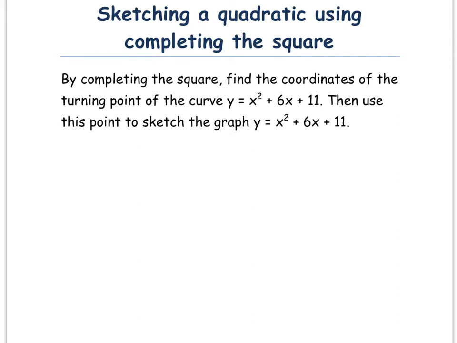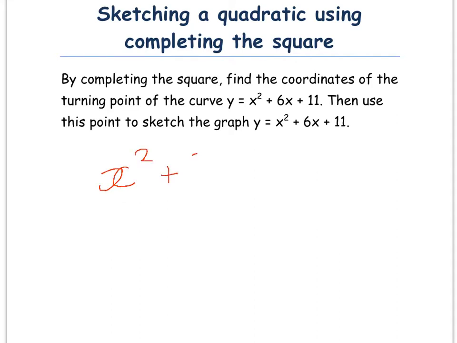curve. So it says, by completing the square, find the coordinates of the turning point of the curve y equals x squared plus 6x plus 11, and use this point to sketch the graph y equals x squared plus 6x plus 11. So the first step here is we need to complete the square on x squared